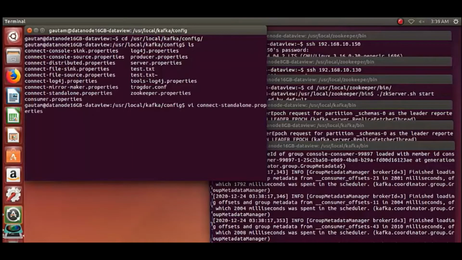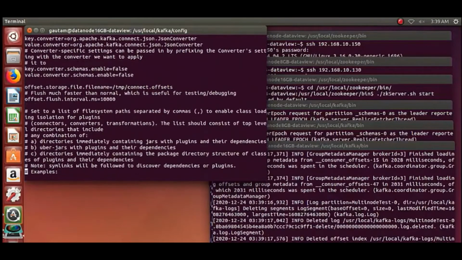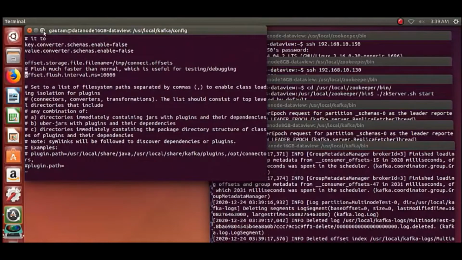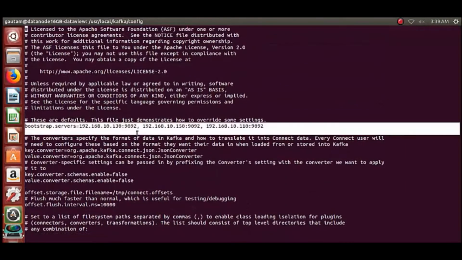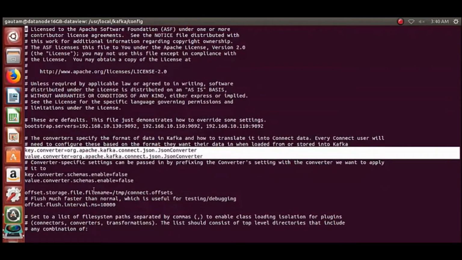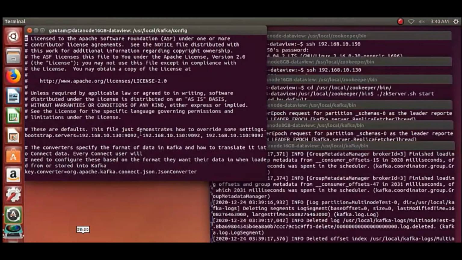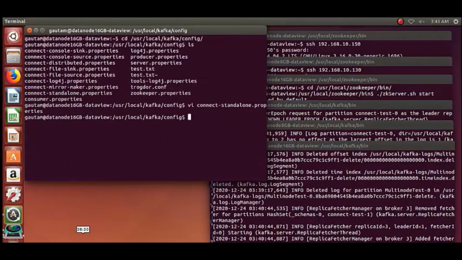Here I have installed and configured Apache Kafka version 2.6.0, not integrated with Schema Registry. By default, file source and file sink connectors are available in the Apache Kafka binary. We only need to configure them separately for streaming data from a file to a topic, as well as from a topic to